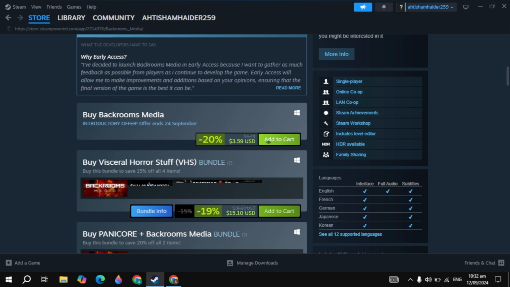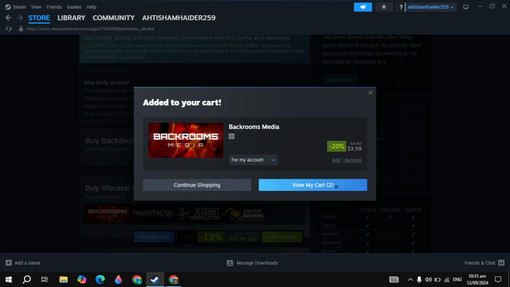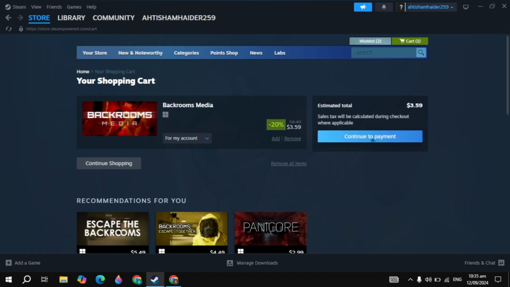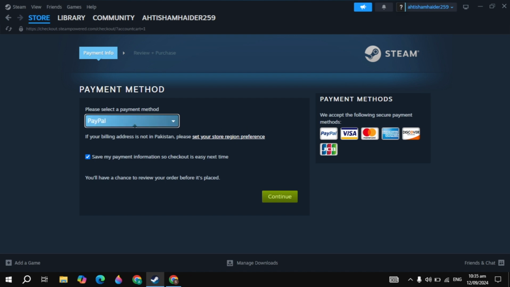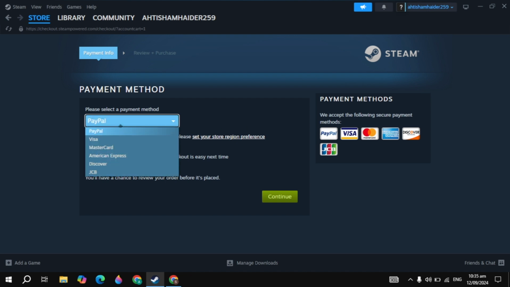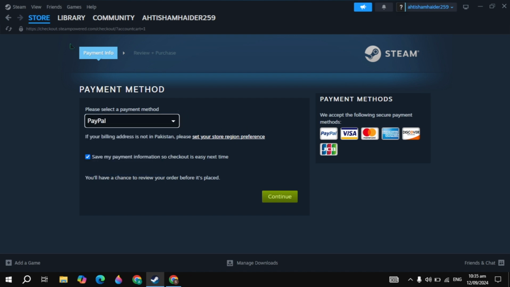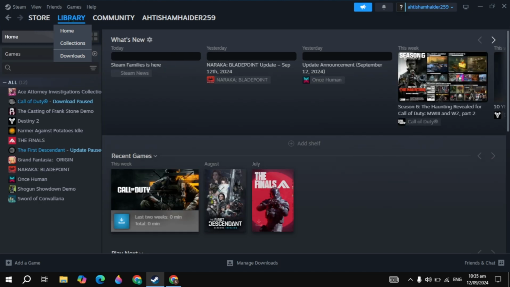So you just need to click on the option of Add to Cart and click on the View My Cart option. Once you click on that, now click on the option of Continue to Payment. And once you click on that, now here you have to pay with your PayPal or any other card you have. Guys, once you pay the amount, then go to the library of your Steam, and on the left hand